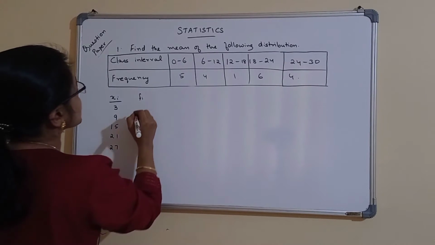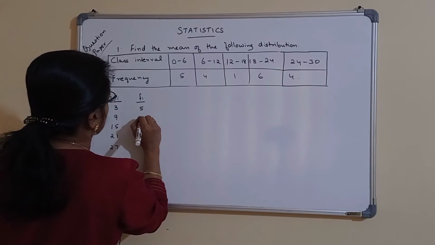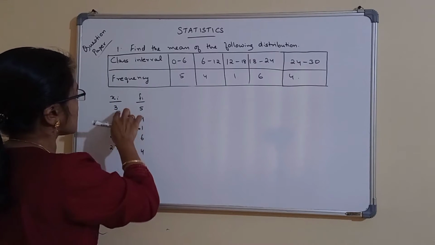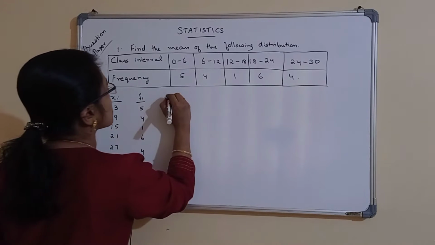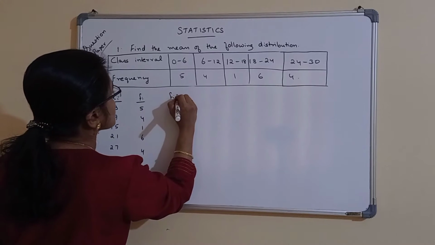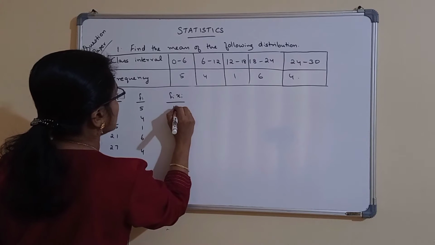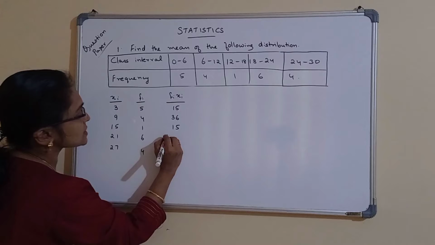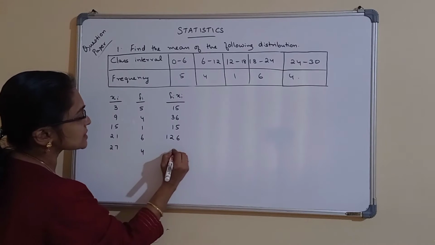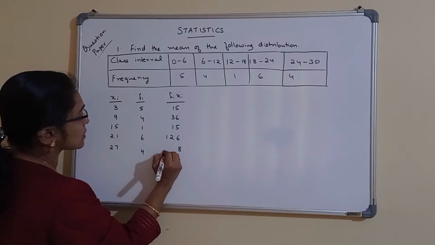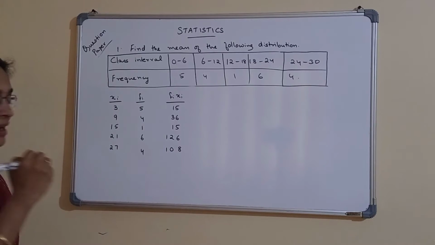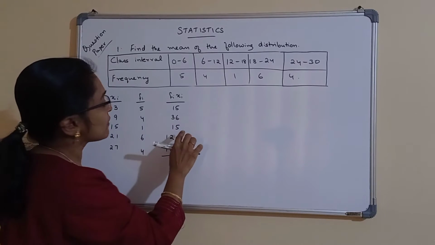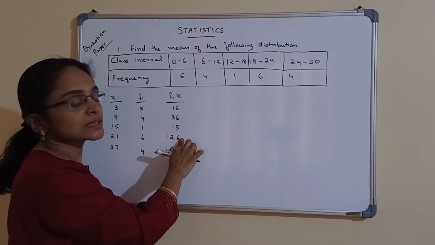Okay, now frequency Fi is 5, 4, 1, 6, 4. We can use the direct method because all these numbers are small. So Fi into Xi is 15, 4 nines are 36, 15, then 21 into 6 is 126 and 27 into 4 is 108, right? Now adding this we will get 5 plus 6, 11, 11 plus 5, 16, 16 plus 6, 22,